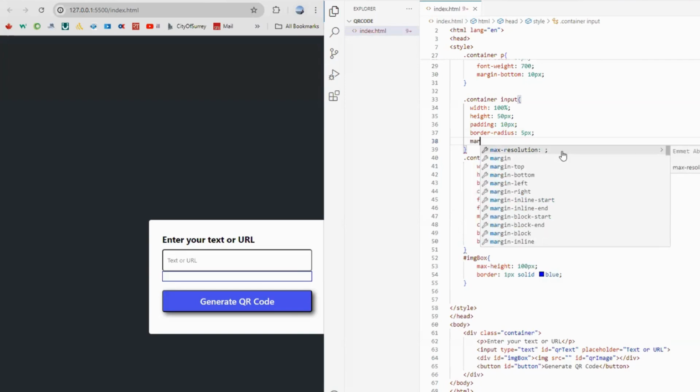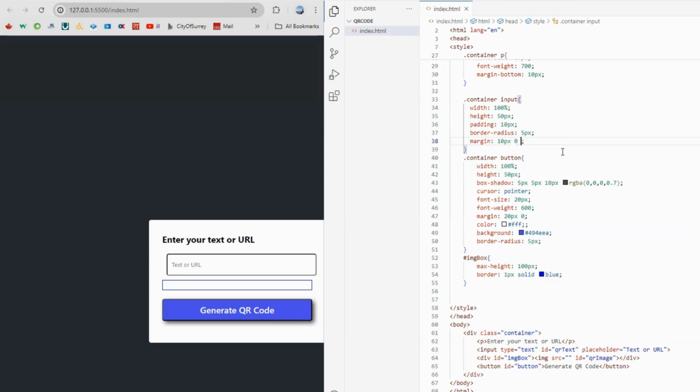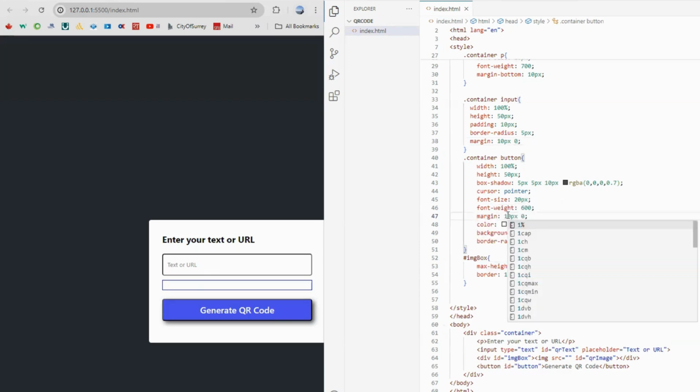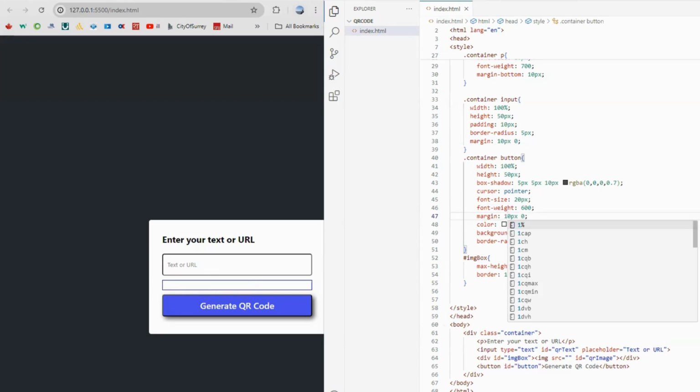Here in this input margin, let's say 10 pixel top, 0 left and right. Okay, so you can see a little gap there. Let's set this margin to 10. Okay, now,